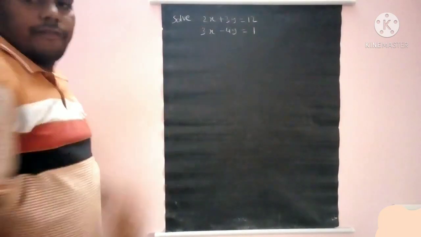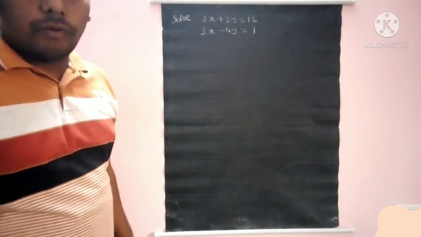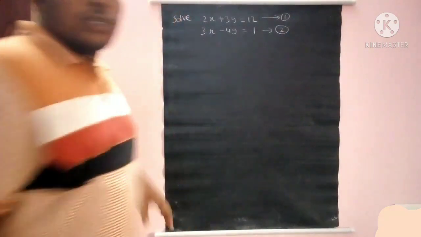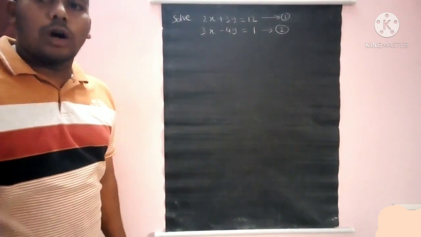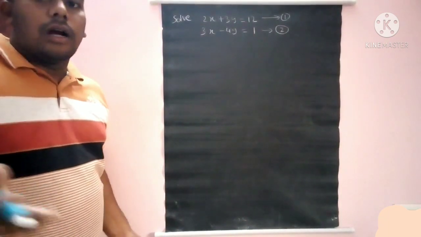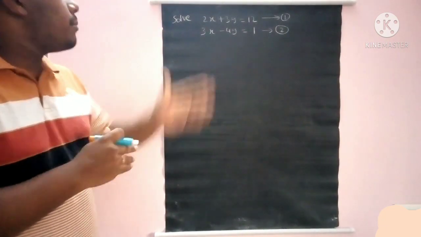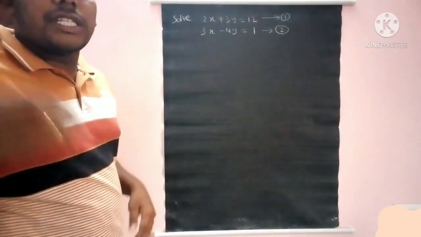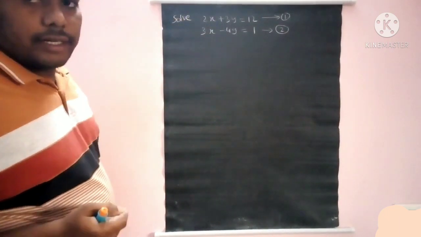Suppose now these are the given equations. 2x plus 3y is equals to 12, 3x minus 4y is equals to 1. Let it be equation 1, equation 2. So what's our first step? We need to multiply the given equation with some non-zero constant. So that non-zero constant also, how we should take means, after the multiplication, either x coefficient or y coefficient should become same in both the equations. So now which constant we need to take, from the given equations you can select.